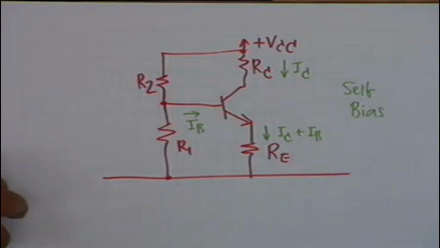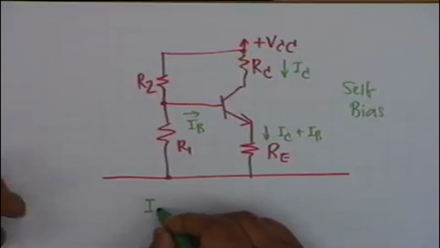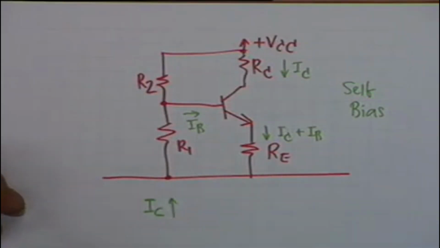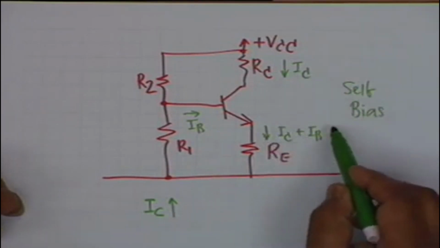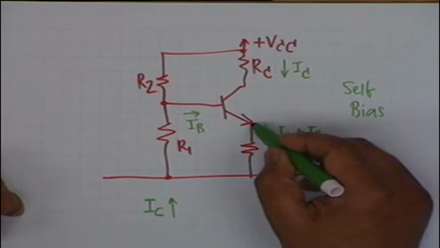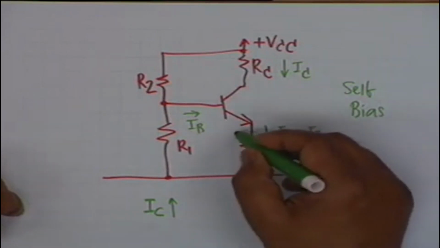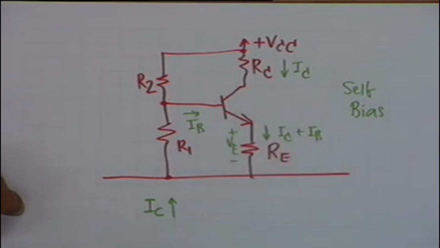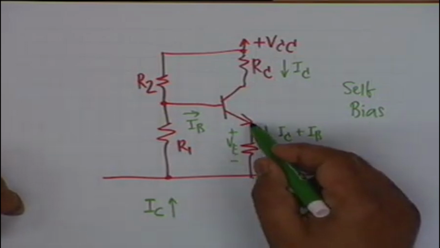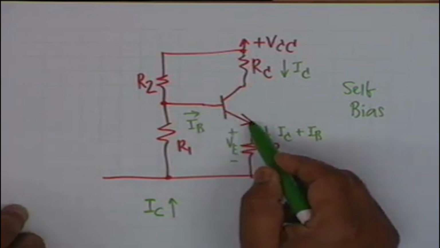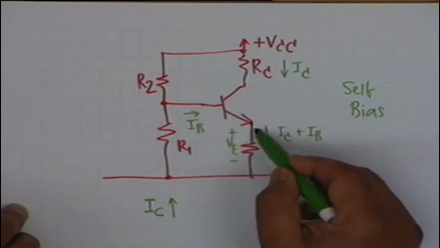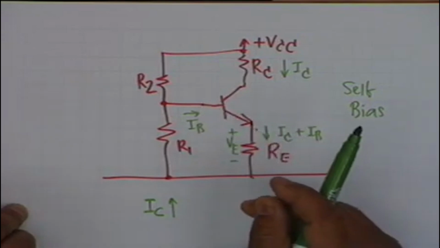And to understand why and how the collector current stabilizes, you assume that due to some reason I sub C increases. If I sub C increases, then so does I sub C plus I sub B, and therefore the voltage drop across Re, if we call this V sub E, increases. If V sub E increases, then naturally VBE shall decrease, and if the diode voltage decreases, then you know the current shall also decrease,